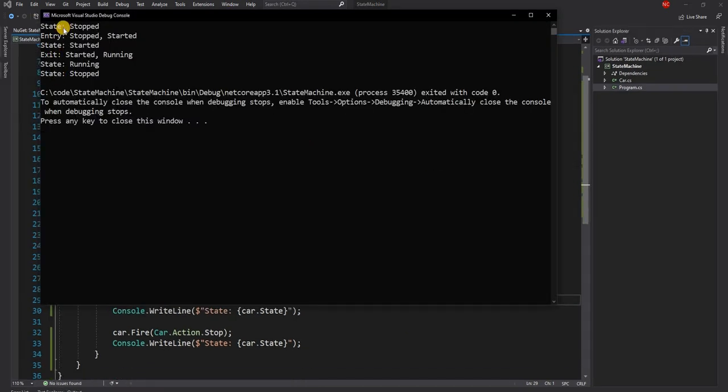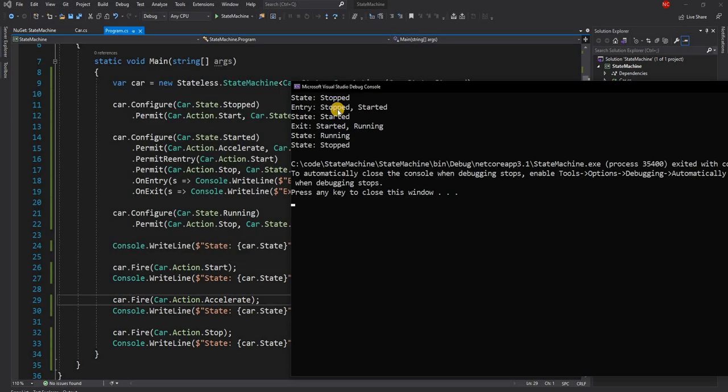And when we run the application, we can see that during entry it was stopped. That was the previous state. Then we did a start, so it got triggered the first time. So before it changes the state, it was stopped, and then it started. And during exit, what has happened is, as you can see, we did the accelerate,